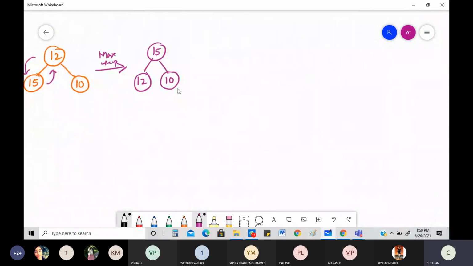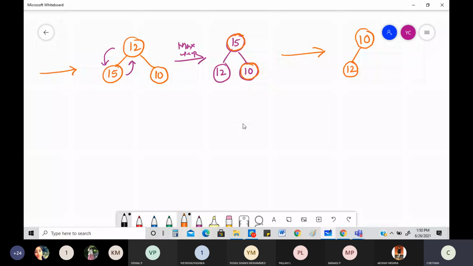Okay, see this? Now again, we need to do the same thing. What is the same thing? You need to do the heapification. Swap the biggest number, the root number, with the last node. Last node is this one. Okay, if you delete that, what is going to happen? You're going to first interchange this. So 10 will be coming right here. 12 will be coming right here. 15 is deleted. So can I go and write that 15 also now?